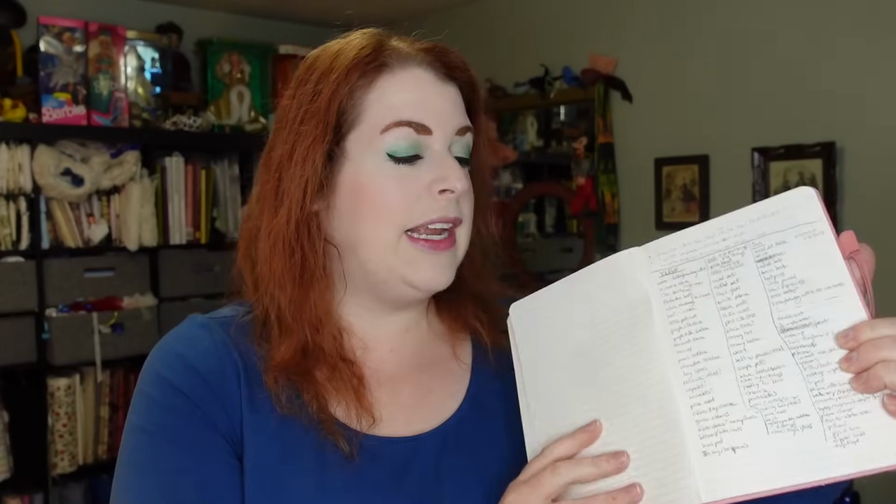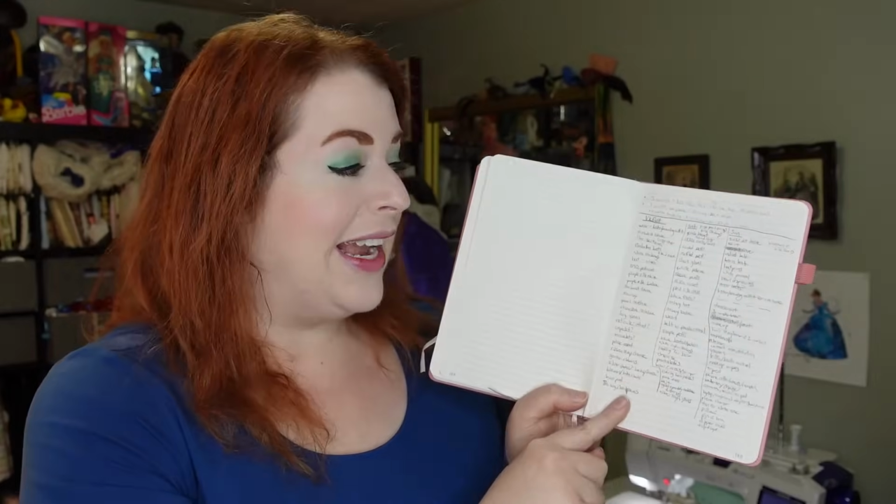Just write out every single component. Jewelry even, especially for the balls. There's a lot of jewelry going on here. And I like to write it all out right here so that I can cross it off as it goes into my suitcase. Now, that said, I don't 100% know that I'm really going to be packing a ton of